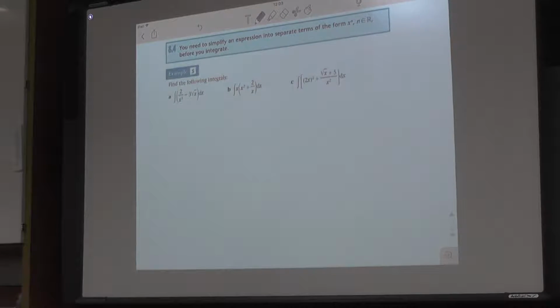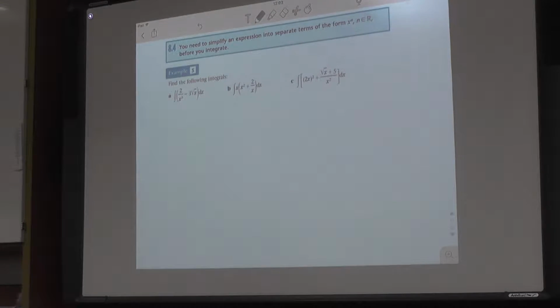As we did in differentiation, if we had two things multiplied together, we needed to expand the brackets and get the product of them. So we needed the answer simplified. We couldn't do it as a product. And as a quotient, we needed to divide through by a term so that we get these individual terms that we can then integrate. So looking at the first one here,